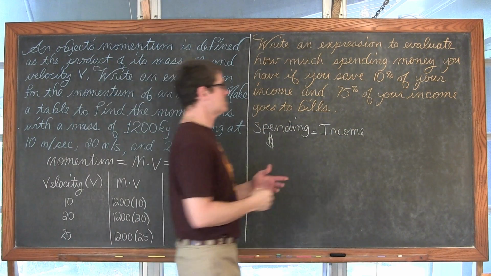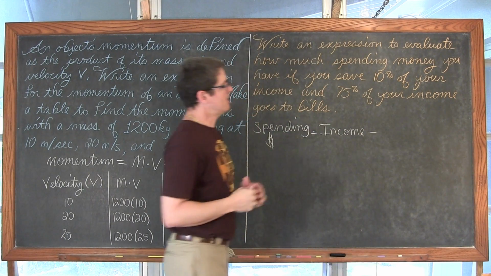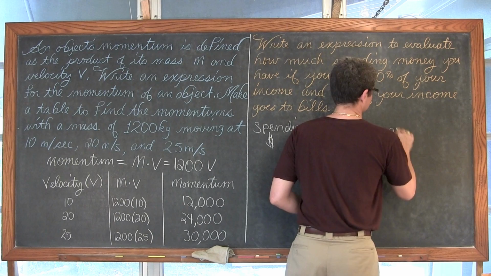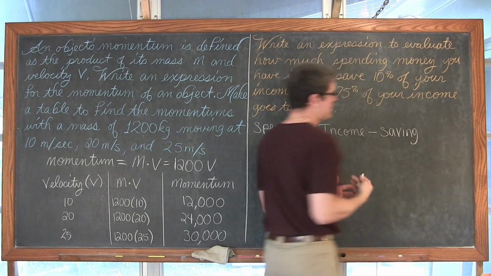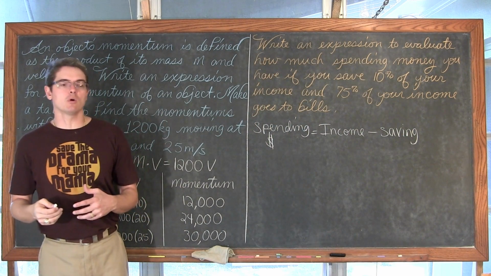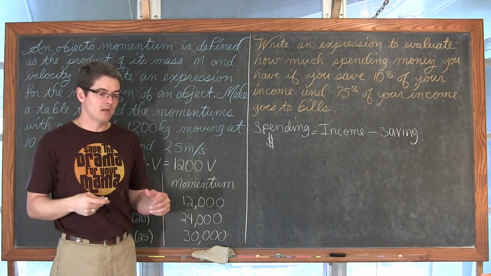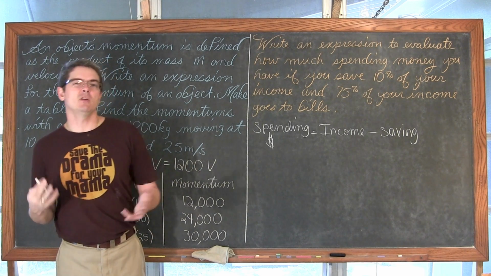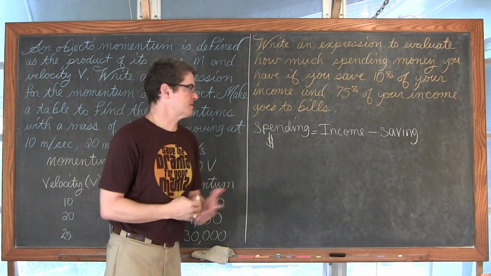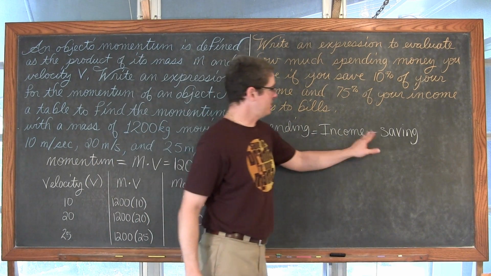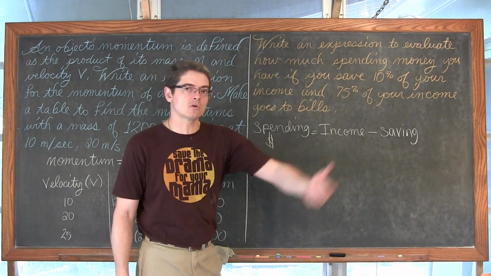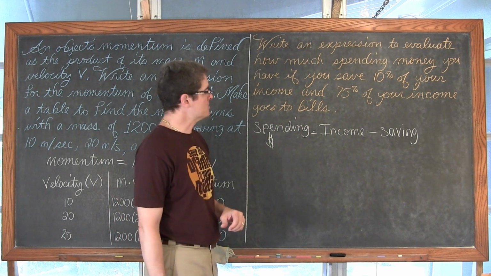And now you're going to subtract out of your income some for your savings. Make sure that you have some money left over for when your car breaks down, or to help send your kid off to college, or buy yourself a new TV or something like that. Whatever it's for, retirement. So you have some money, you're going to take out of that your savings, which you're going to put away and not use unless you need it, or put it towards a goal that's many years down the road.